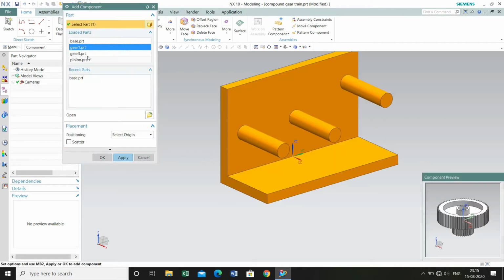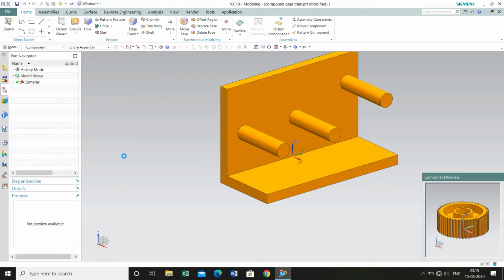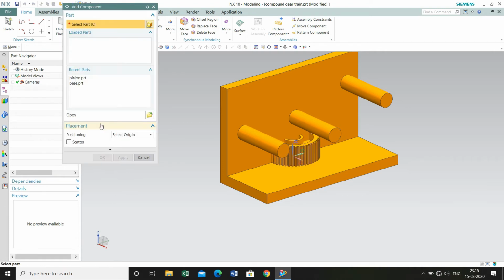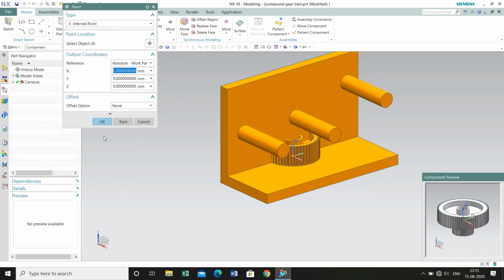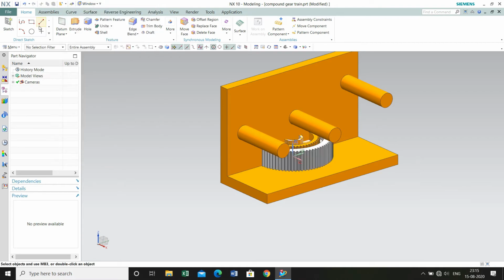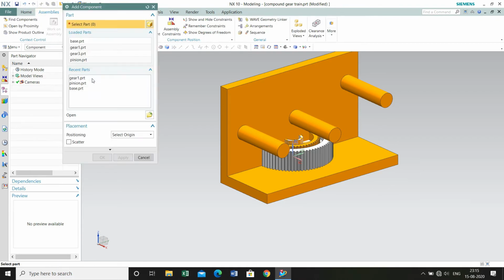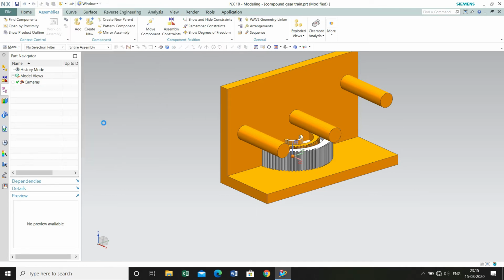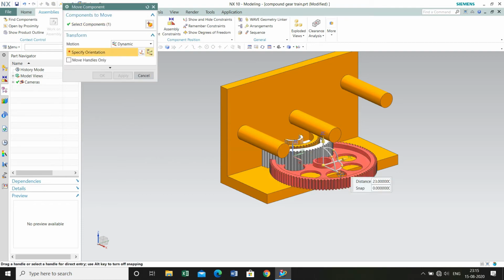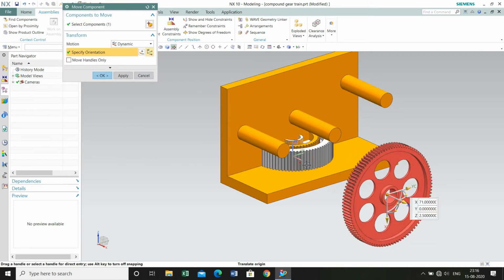I am importing all the parts at the origin location. It's your wish where you want to locate them. I will import all of these at origin, and then after that I will move those components to their positions. So now go to move components and select each part and drag them to their respective locations.